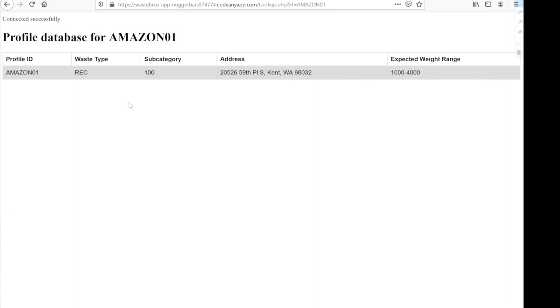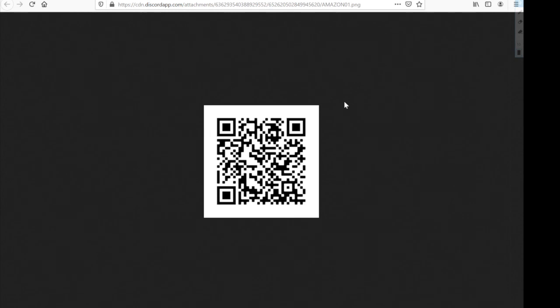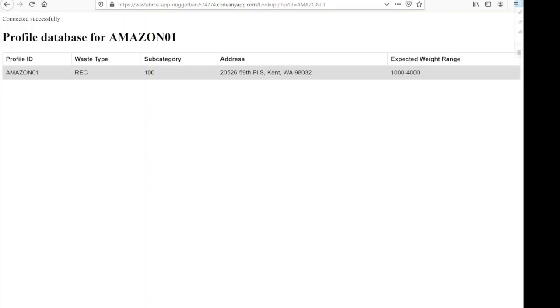So here I was able to pull up an Amazon database, and we actually did make a QR code for this. So assuming that the Code Anywhere container is currently being hosted, you could scan this QR code and it would link you to this URL up here, which would then pull up this information from our database. This is separate from our XAMPP implementation because we weren't able to host